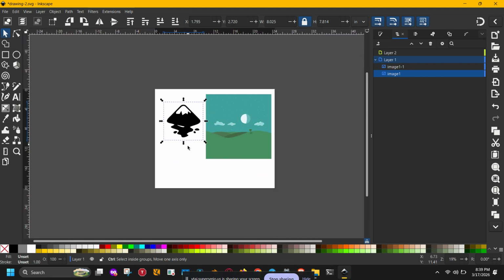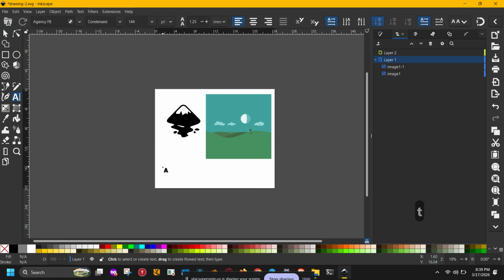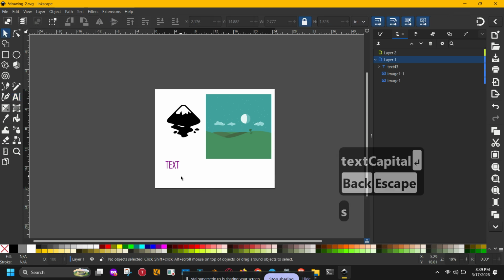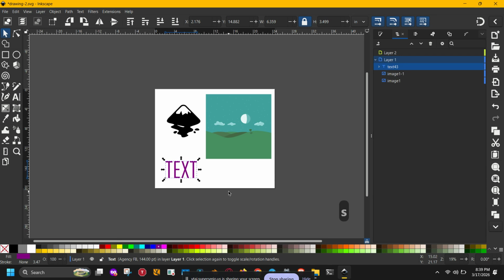Let's start with vectorizing text. First, select the text tool by pressing T on your keyboard and type your content directly onto the canvas. Choose your font, size, and positioning the way you like it. Once your text is ready, switch to the selection tool by pressing S and click on your text object. Now go up to the top menu, click on Path, and then select Object to Path, or simply press Ctrl